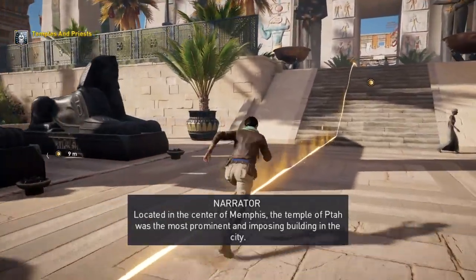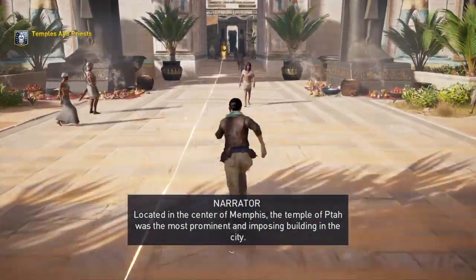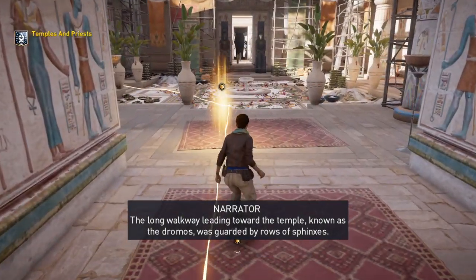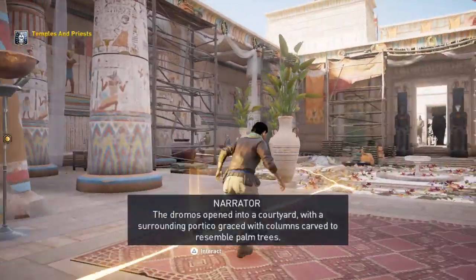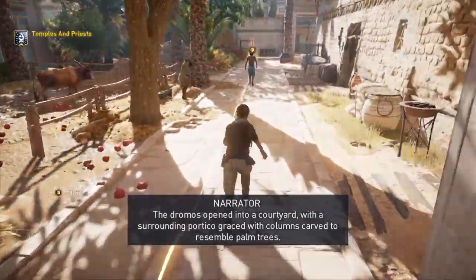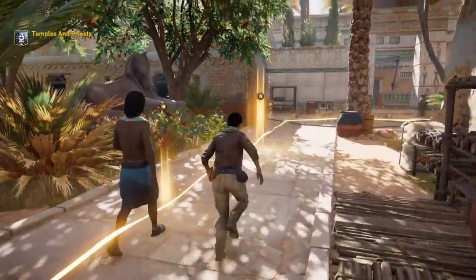Located in the center of Memphis, the Temple of Ptah was the most prominent and imposing building in the city. The long walkway leading toward the temple, known as the Dromos, was guarded by rows of sphinxes. The Dromos opened into a courtyard, with the surrounding portico graced with columns carved to resemble palm trees. During special festivals, the